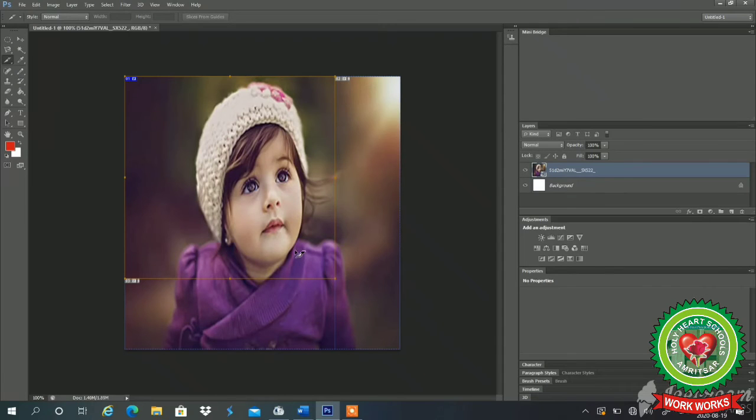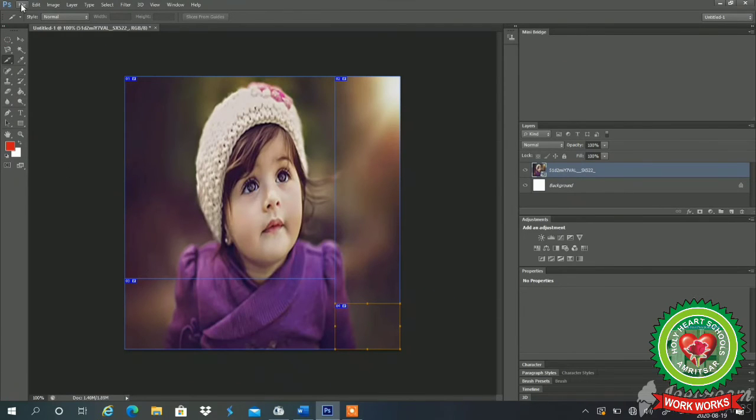First slice. Now I want the second slice. As many slices as I want of the image, I can hold and drag the mouse. And see, the numbers are coming, 1, 2. Now I want the third slice. Whatever slices I want, I can make. Now the next slice. Now I have divided the image into different slices.